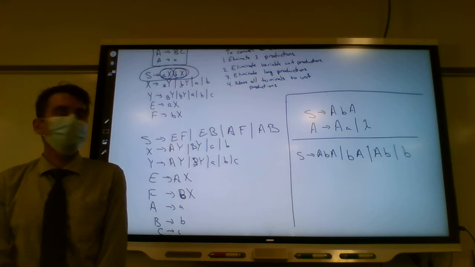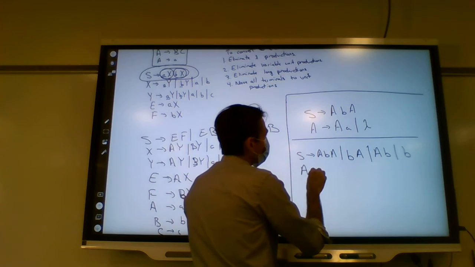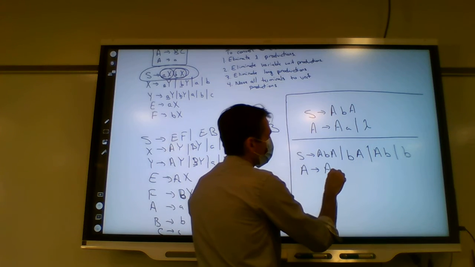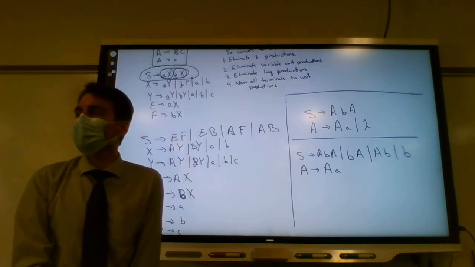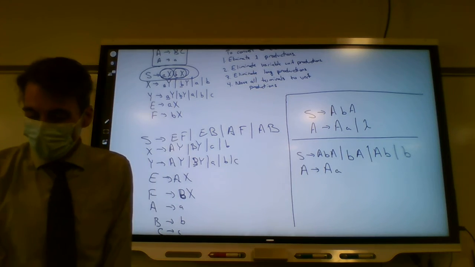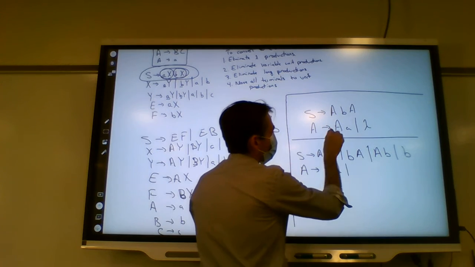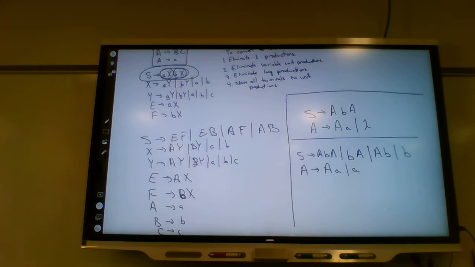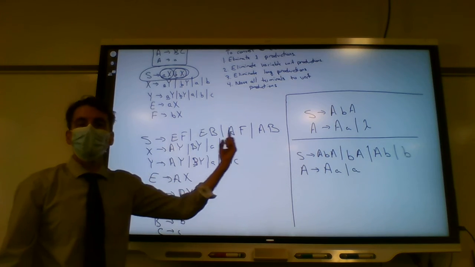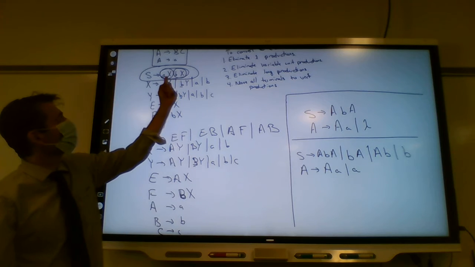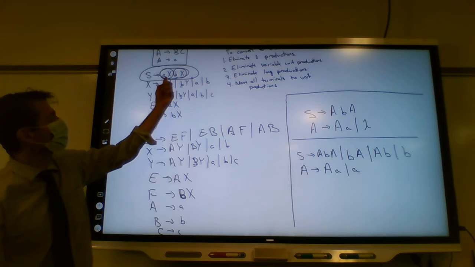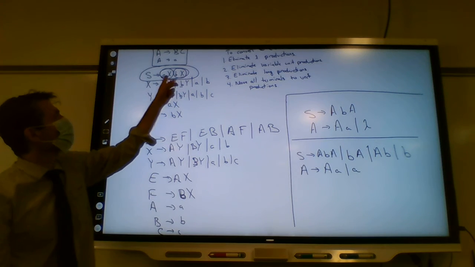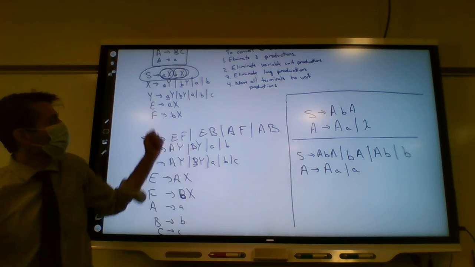Does that make sense? What happens with A? A could still be the AA that it was before, or if A is lambda, if we replace it with lambda, A would become the little a. Does that make sense? So that was the idea of where these pieces over here came from, right? The x could be replaced with lambda, so we could have had each one of those pieces, ax, then b without the x at the end, a with bx, or just ab.